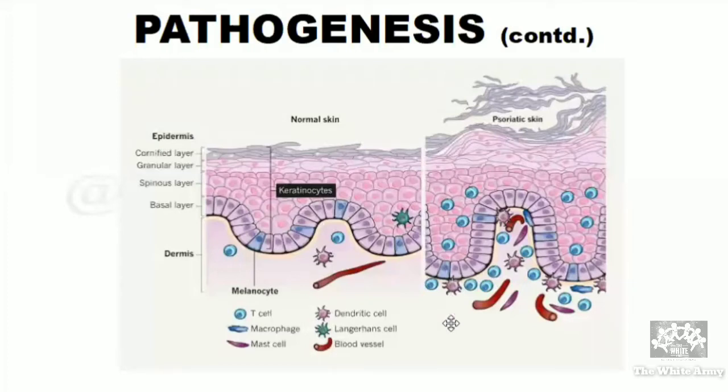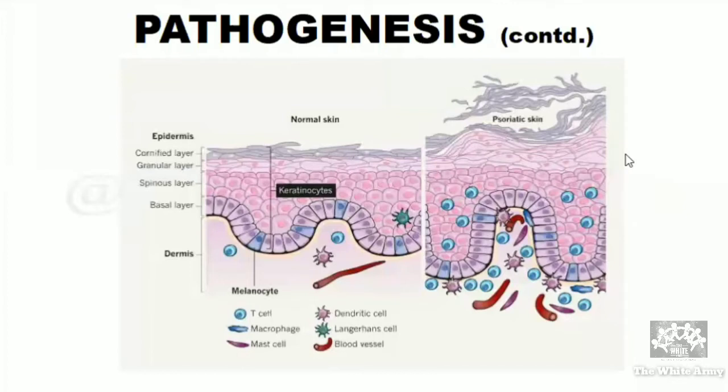As I said in the beginning, in the basics, it takes time for the cells to mature when they move up. In psoriasis, there is hardly any maturation of the cells. So these basal cells, whichever are dividing, go into the stratum corneum very fast. Usually in the stratum corneum, the cells are dead cells. They don't have any nucleus. Whereas in patients with psoriasis, the stratum corneum layer has cells with the nucleus and less keratin.